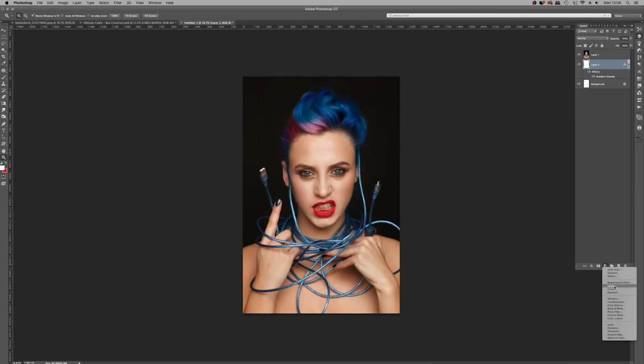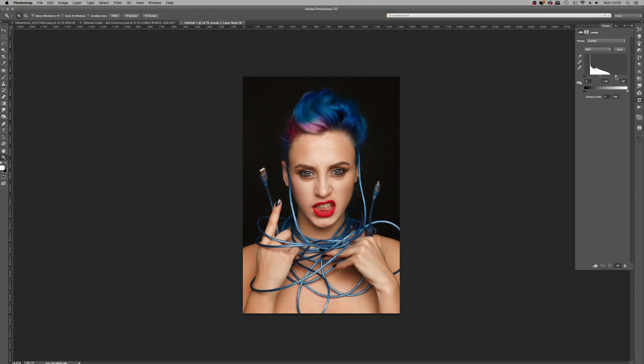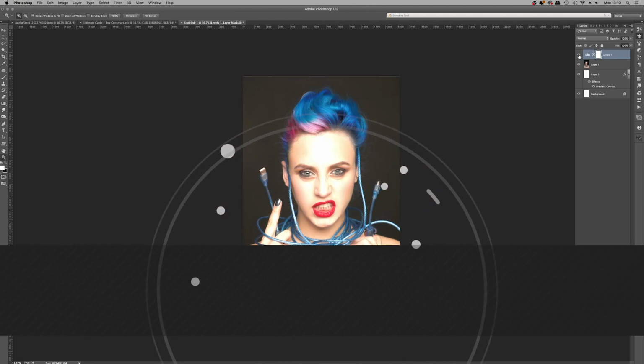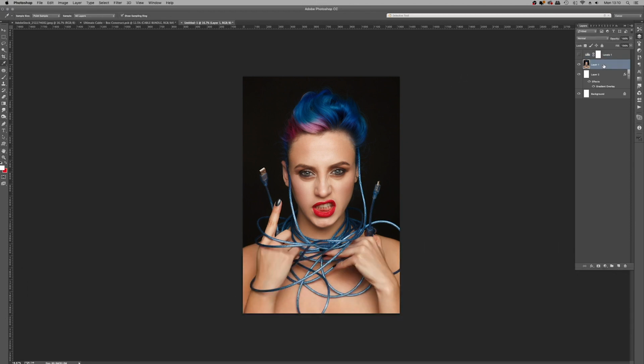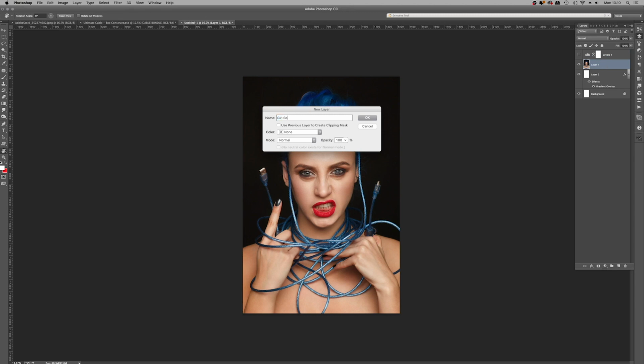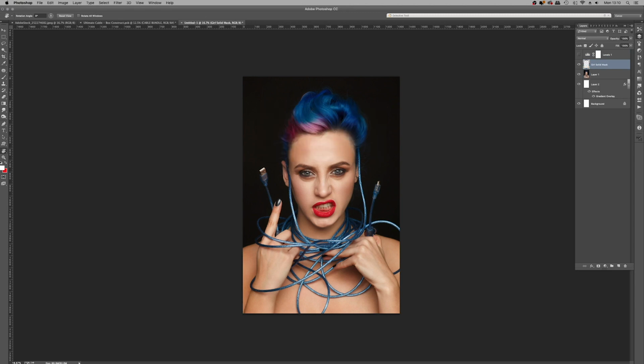So we're underway. The first thing that I'm doing here is adding a levels adjustment layer to brighten the overall image. I just needed it to be temporarily brightened as I'm creating what I like to call mask layers on separate layers. So the first one